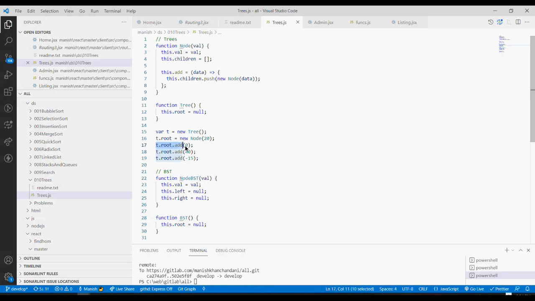So when I write these three lines of the code, what will happen? It will go to the root. Root is nothing but this node, as I added this node in the root. When I say add, it will add the children. So it will add 0 as a child, 40 as a child. When I pass 0, it will create a node of 0 and push it into the children. When I pass 40, it will create the node of 40, that is this object of 40, and push it in the children. When I pass minus 15, it will create a new node of minus 15 and push it in